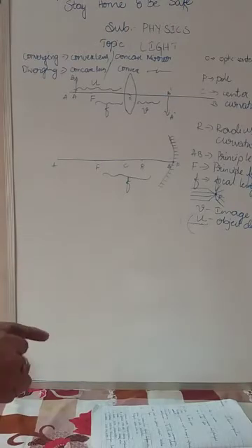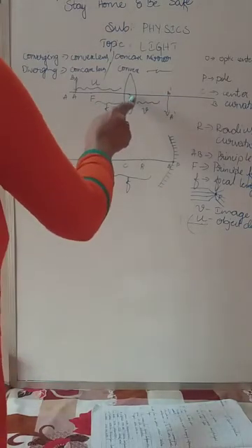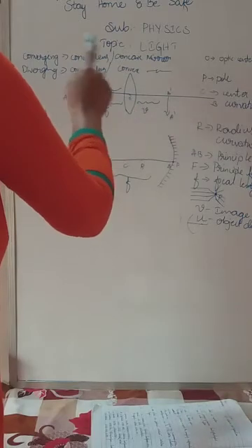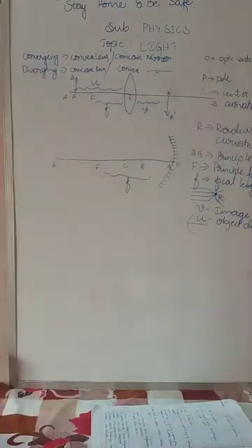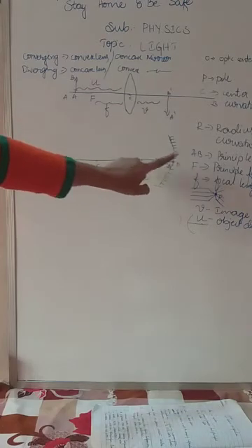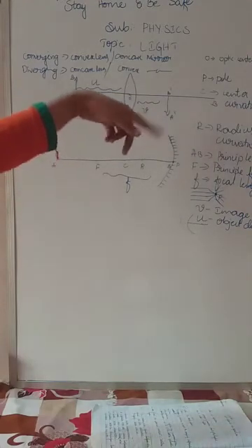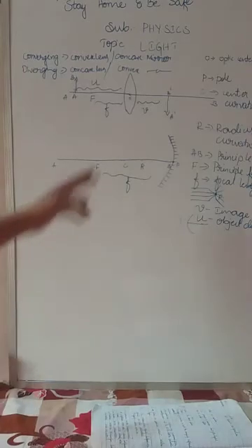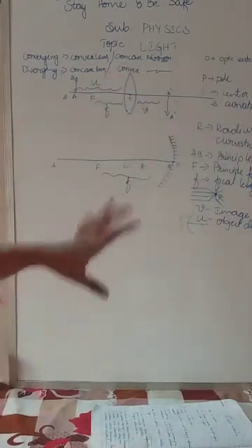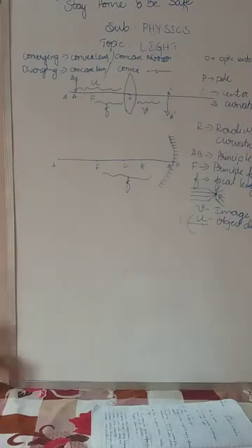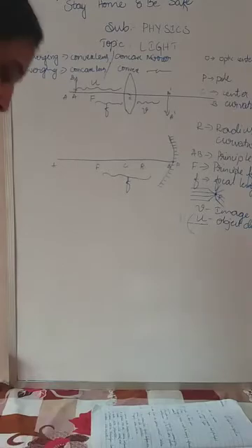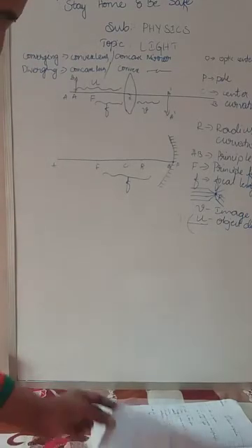Concentrate on the points actually. So what is meant by object distance? The distance between the optic center, or the center of the lens or a mirror, to the object is called the object distance. The distance between the center of the lens and the image is called the image distance. If you have taken a lens, it is the center of the lens. If you have taken a mirror, it is the center of the mirror. So this is about the object distance and the image distance.